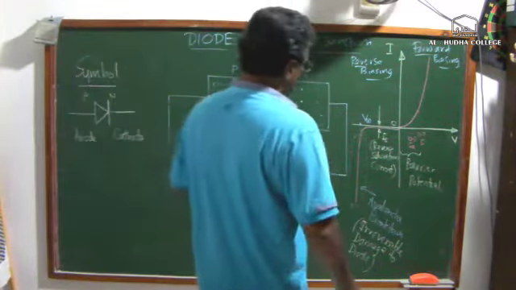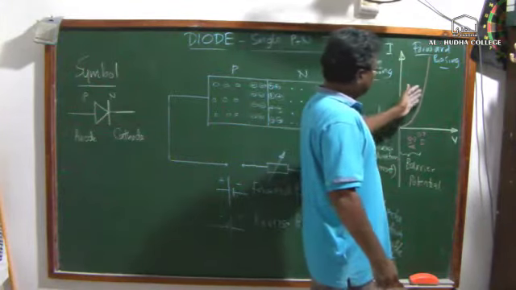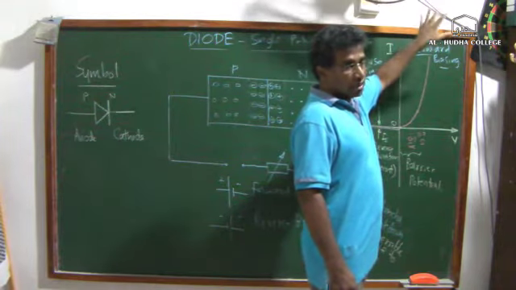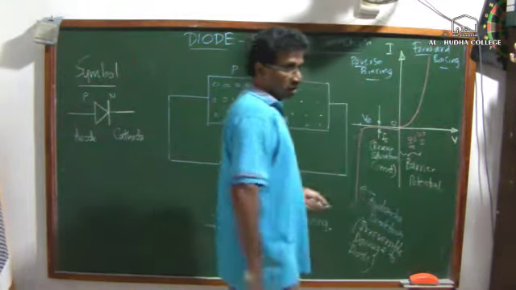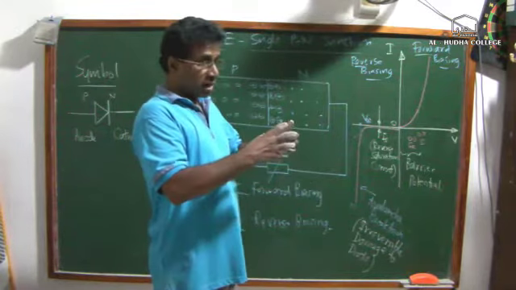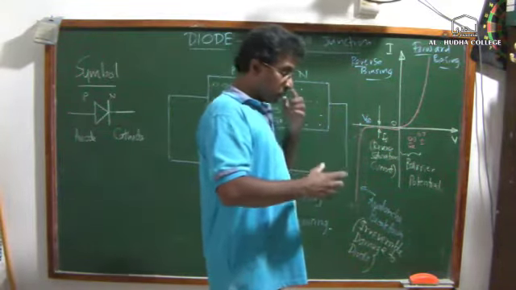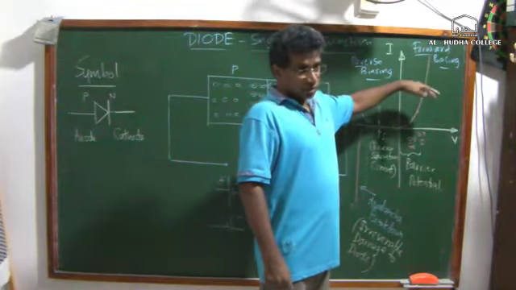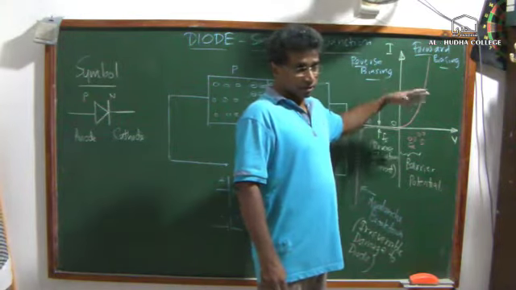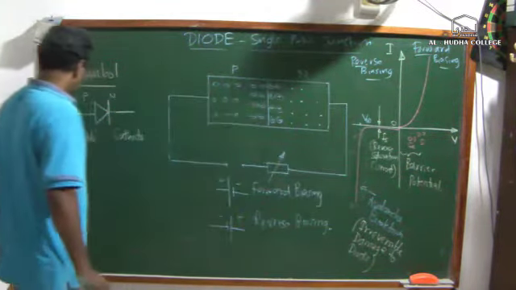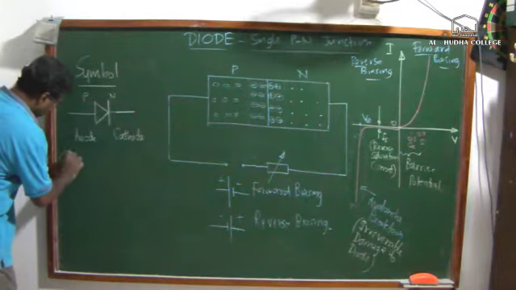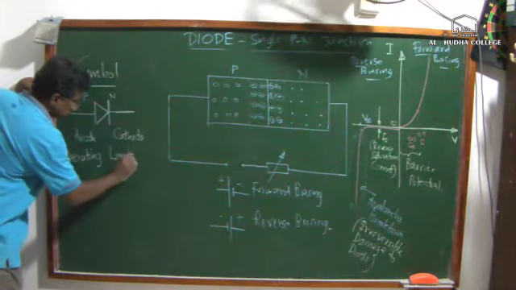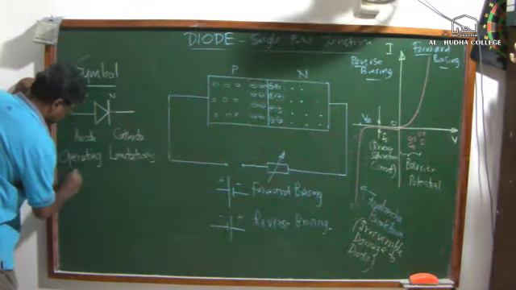As I told you before, when this forward bias current increases beyond its capacity to handle, which depends on the dimensions and the doping level of the P type and N type materials, the diode will be damaged because a lot of heat will be generated. So we have certain limitations. What are the limitations? Operating limitations of a diode.